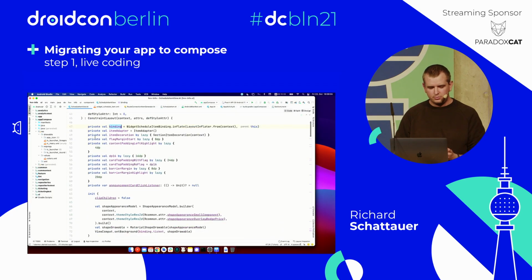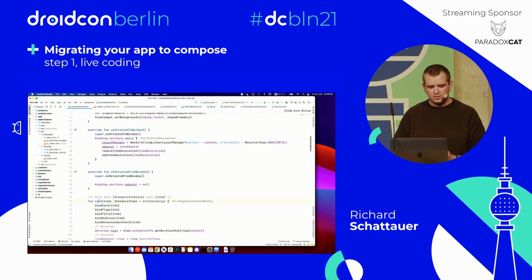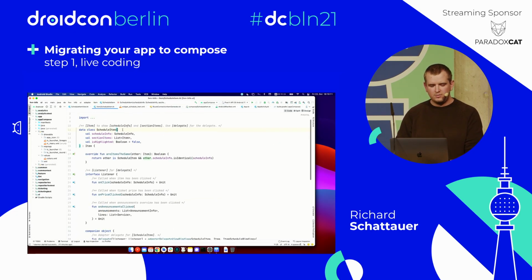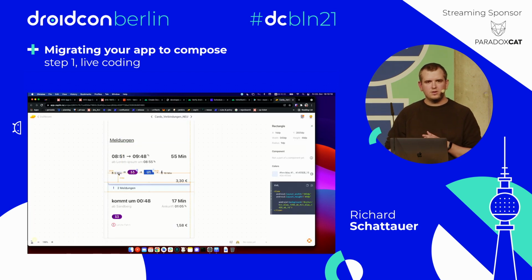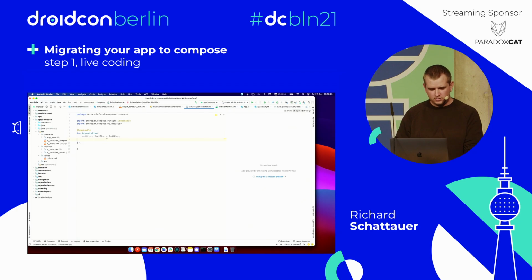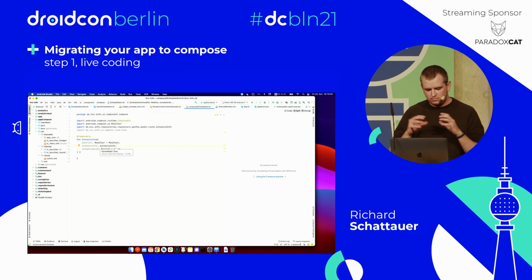Looking at our scale item view, we have a bind function. So this is the icon that goes in, and then with the binding, we just bind all the parts that are in the view. I take it up into the item real quick, and we see that we have this schedule info and this highlighted. The sections items are maybe for cross-item view are items, so I will not use those. But going back into my composable, I just take a copy and paste whatever I have right now and get rid of those sections for now.